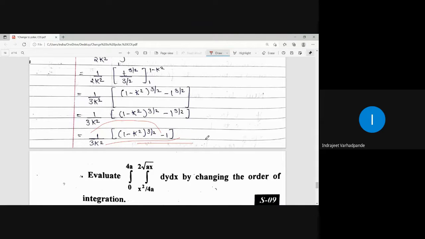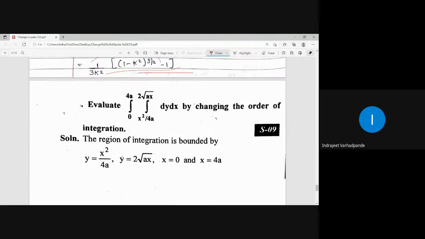Right? So we are not going into much detail of integration because that is the portion that you know. That is not a difficult task or a big task for us. Only the part to be covered or understood is the changing of limits, drawing the region, drawing the rough sketch of the region, consideration of the appropriate strip, whether it has to be a horizontal strip or a vertical strip, and then we do the simplification.